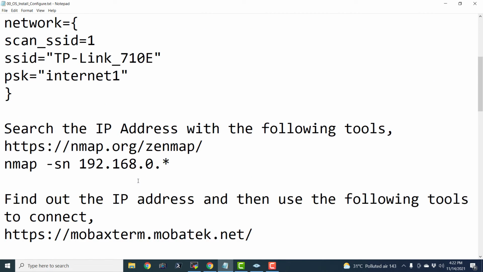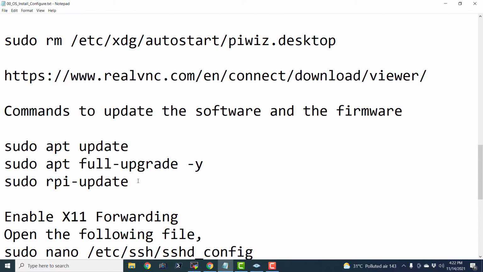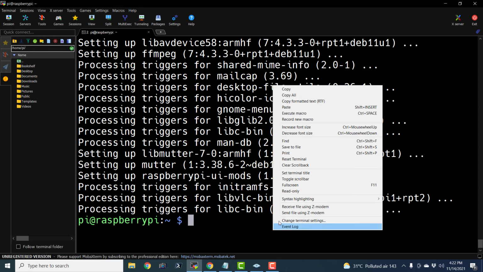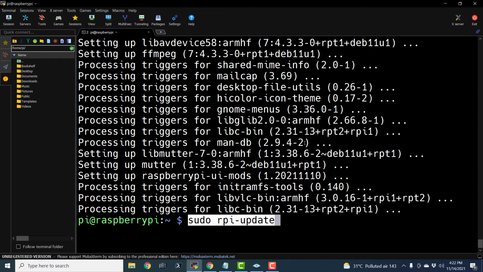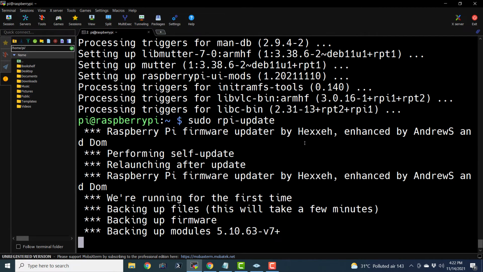Now we are going to upgrade the firmware of the Raspberry Pi, and there is a simple command for it, sudo rpi-update. This sudo rpi-update command is specific to Raspberry Pi OS. It will not work on any other flavor of Debian that you install on a Raspberry Pi or any other computer. So let us finish the rpi-update. It is going to take a few moments.